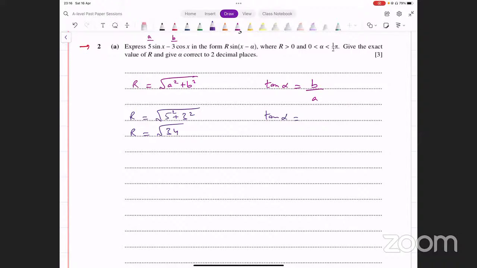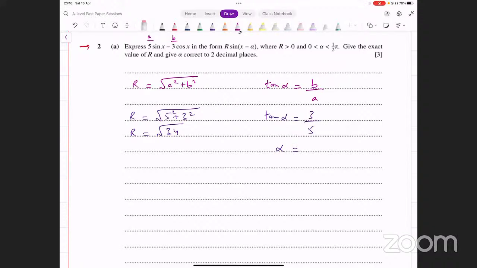Now you've got tan alpha. Tan alpha equals b over a. B is 3, a is 5, and we get a value of alpha from this. We only need acute angle, तो हम वो निकाल लेंगे यहाँ पे tan inverse of 3 divided by 5, and the answer has to be in radians. Keep that in mind. Range आपकी radians में दी हुई है, तो आपने radians में आंसर देना है।